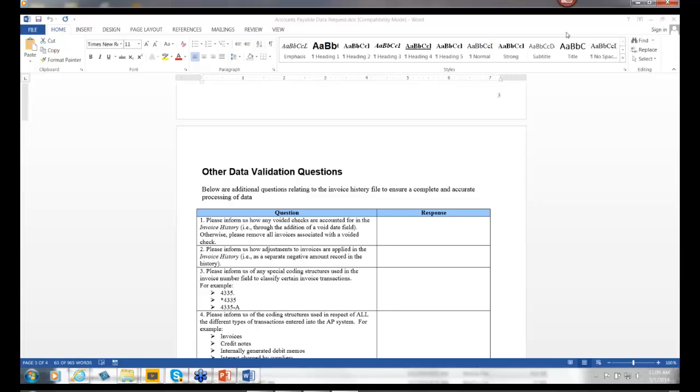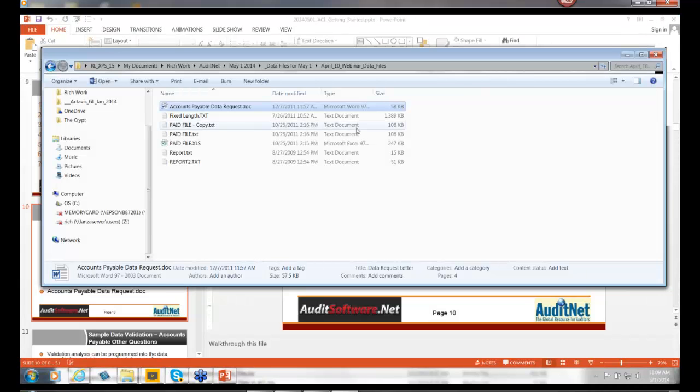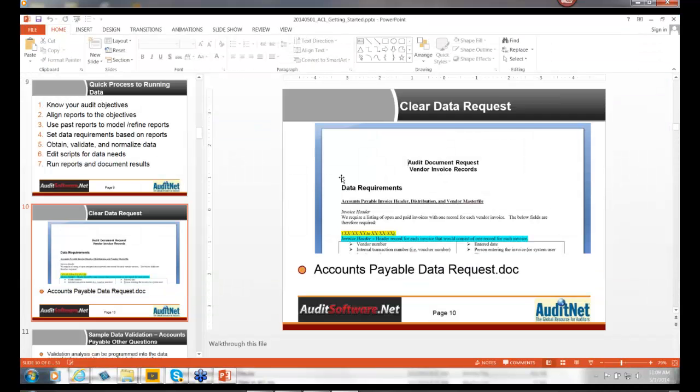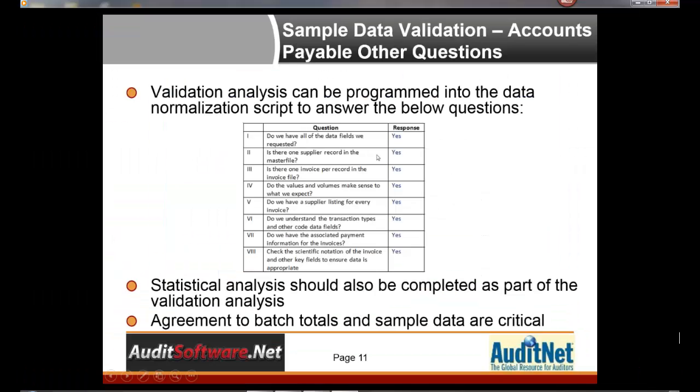So that way there's almost like leaving nothing to chance from a discussion point of view. And then normally I would have a discussion with this document with the IT team. So it all kind of starts with that, and I wanted to give you that so that you had an example. From a validation point of view, and that goes to the questions that were in that Word document,